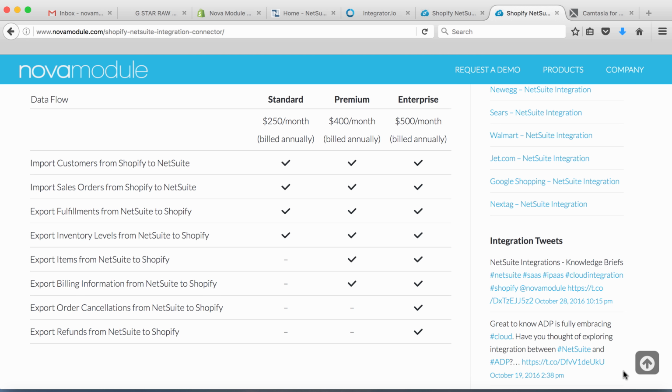There are 3 editions of the connector: Standard, Premium, and Enterprise. That's what you see on top of the screen. On the left side of the screen, you see data flows associated with a particular edition of the connector. The Standard edition includes 4 data flows that allow you to import customers and sales orders from Shopify to NetSuite, and also allow you to export fulfillment data as well as the inventory levels, such as quantity, from